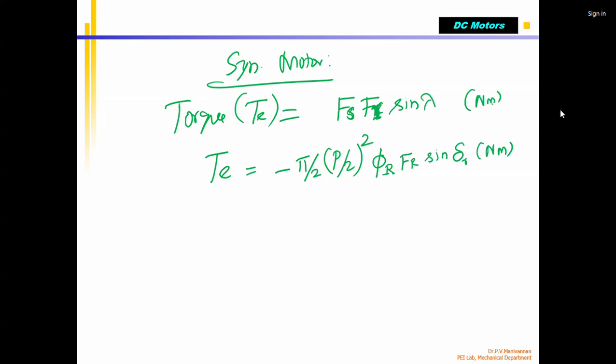So this can be written again. TE can also be written as pi by 2 into (p by 2) whole square into phi r, Fr sine delta S also, so many Newton meter. Both are the same, because if you see the figure,